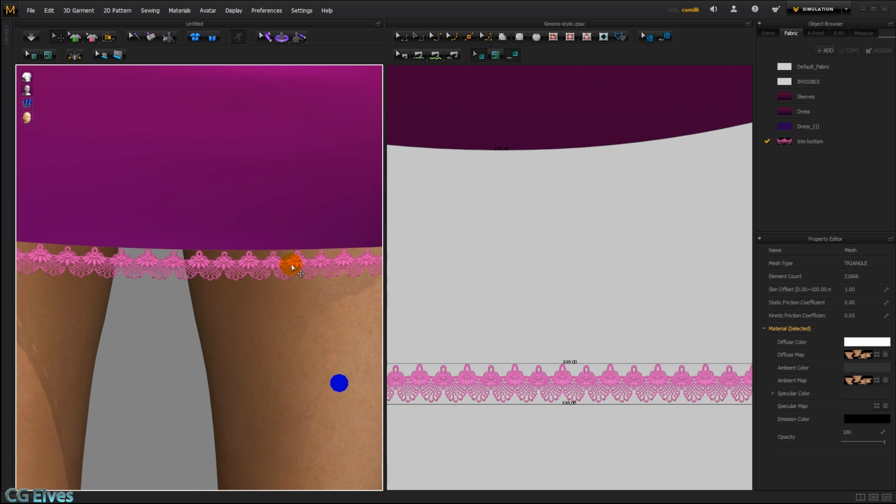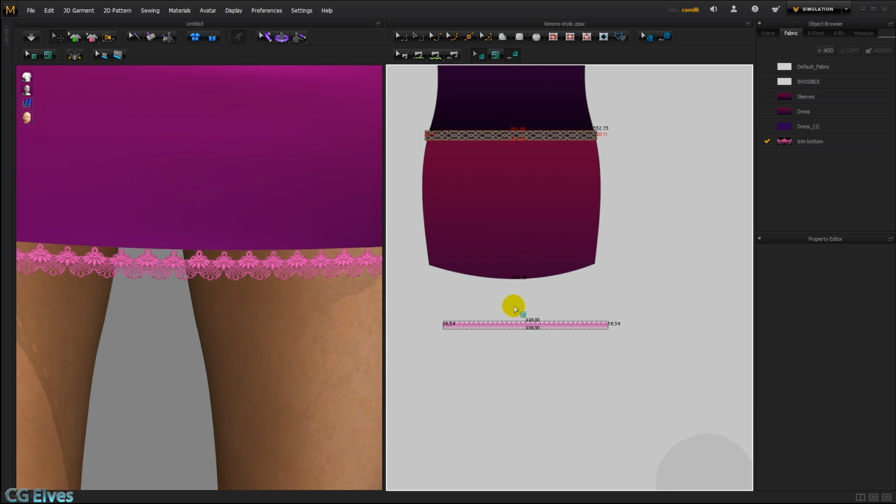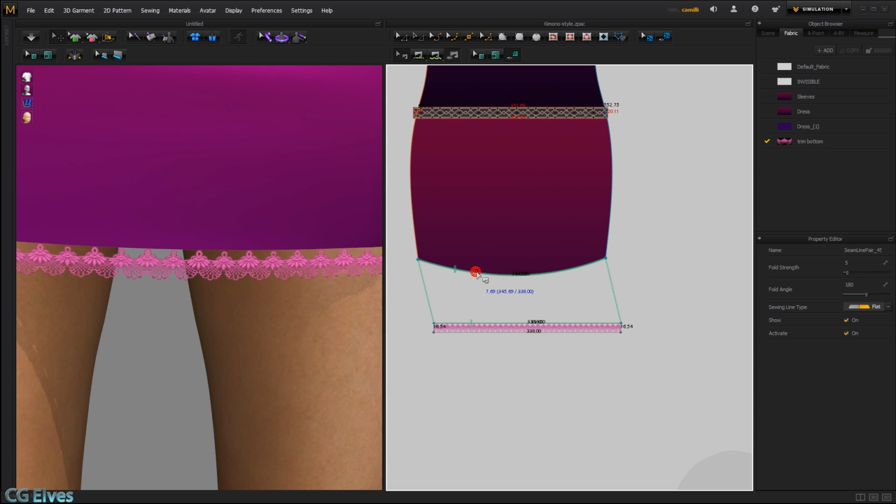Now if you have a trim like this, you may not want it to start from the very bottom. You may want it to look like it's actually sitting on the dress or skirt and starting off from here, not sewing on from the tip, which doesn't look very realistic. But if you lift it up from here, then you're cutting it. So how we solve that is we take our edit sewing tool, select the sewing here, hit the delete button,